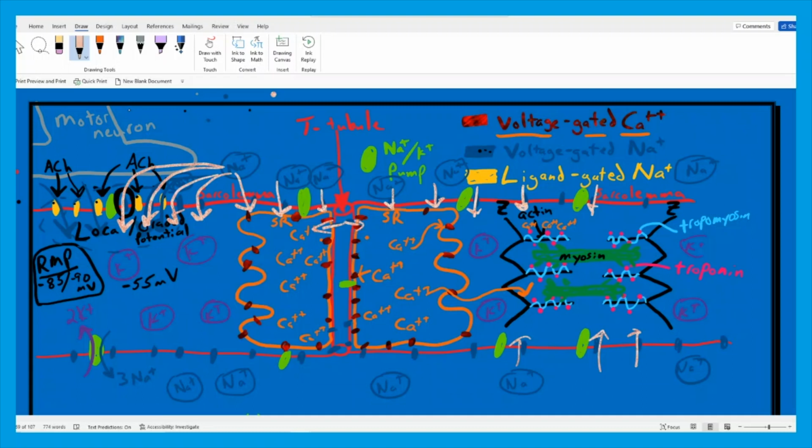Got to have that whooshing. This is called an action potential. This in rose gold is an action potential